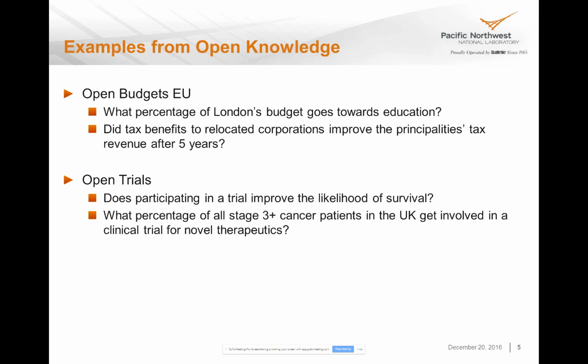Another question that a funding agency might be involved in, or a health provider, is what percentage of some population, like stage 3 cancer patients, get involved or have access to clinical trials. My family now lives in the U.S. close to Houston, which has a major cancer center, the MD Anderson Cancer Center. And so people who are close to that have really great access to new cutting-edge clinical trials. And it would, for a funding agency, be really important to know the penetrance, or how broadly they're able to access people through clinical trials.